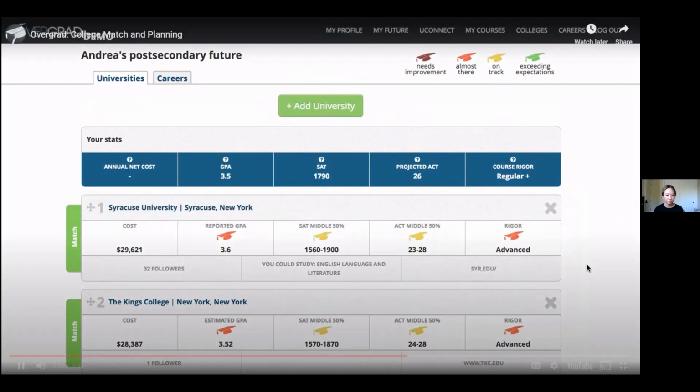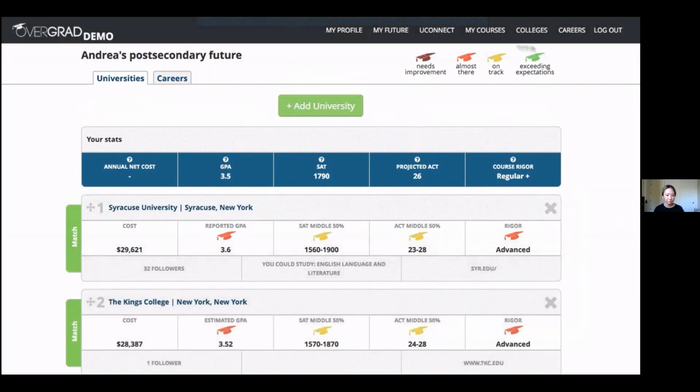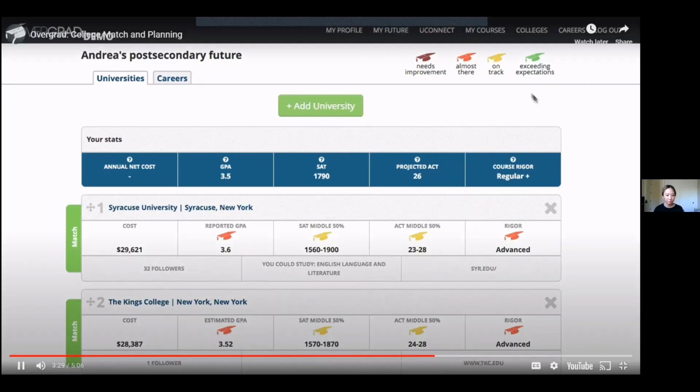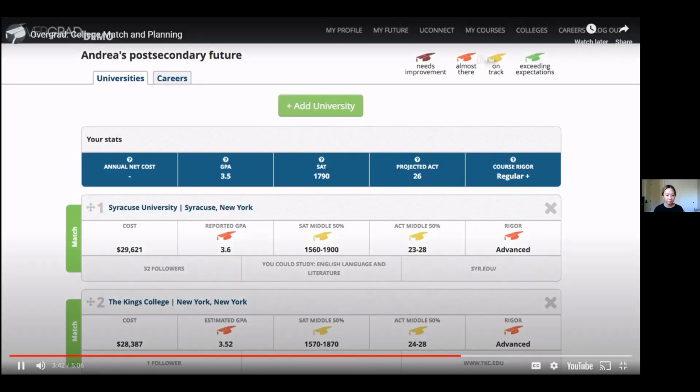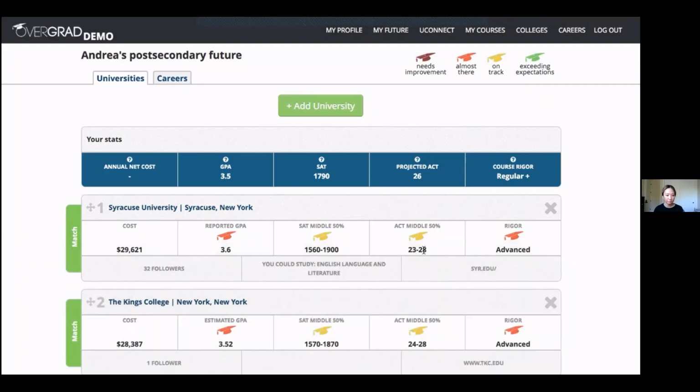The way we make this visually understandable for all students is using these colored graduation caps to represent where students are doing well and where they might need to improve for each university that they're looking at. So for example, a green or a yellow hat mean that she's in really good shape, she's exceeding their expectations, she's on track. Whereas orange or red mean that that's a place where she needs to improve or she's not quite there yet. So in the example of Syracuse, which is her #1 school right now,